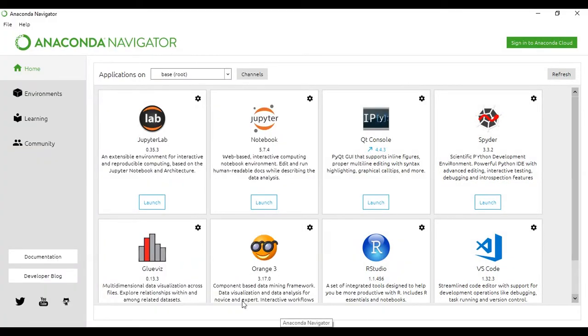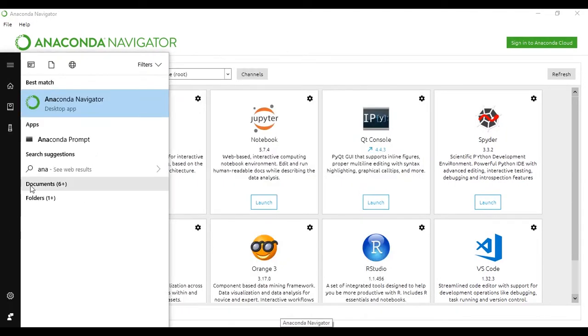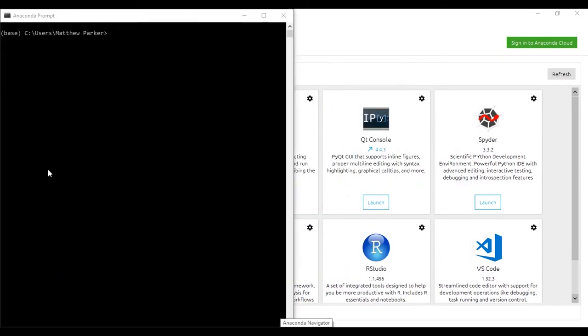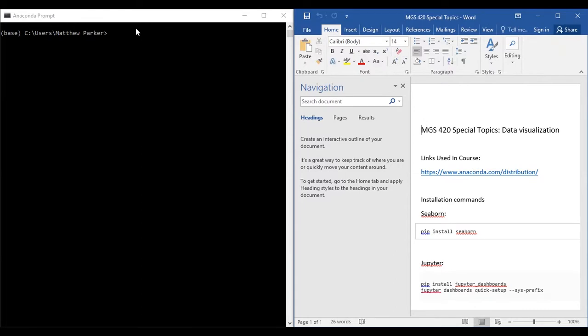Alright, so now we're going to show how to download some of the packages that we'll be using in Jupyter Notebook. If you type in Anaconda, you can see the Anaconda Prompt. We're going to open this up, and the first thing I'm going to show is what happens when you try to install something that's already installed. NumPy, Seaborn, and Pandas already come with the base Anaconda. But if you go here and follow the instructions that we link in the Word document, and type that in,